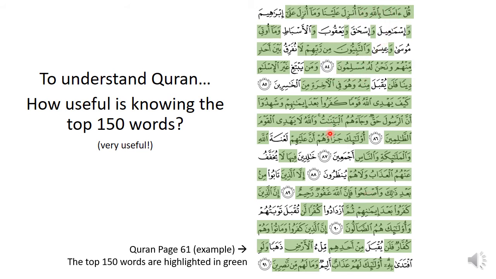This is just an example page. It's going to vary page by page, but you can see for this page, there's whole chunks of text that are just the 150 words. And that's excellent for us to help understand. It sort of reinforces the approach. You start with the most commonly occurring words. It's more than 50% of the Quran, so this is a good indication. You can even see here, this whole verse is from the 150 words. So we're going to actually drill down into this verse on the next page.